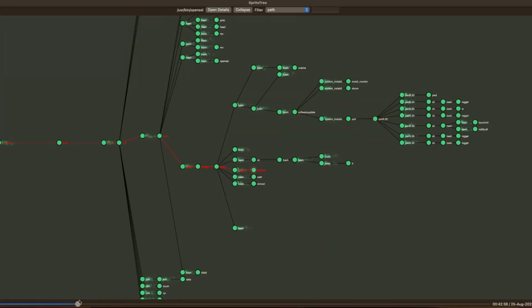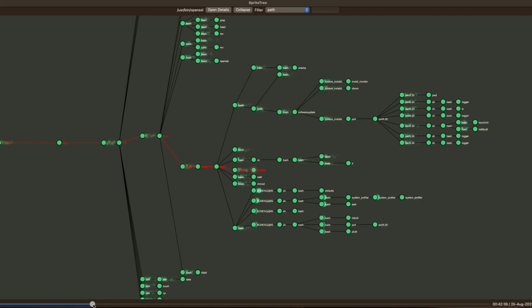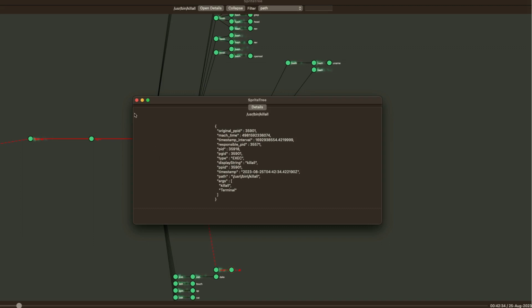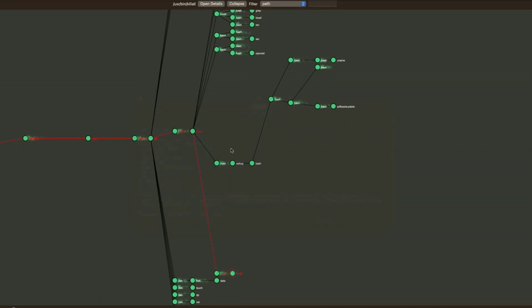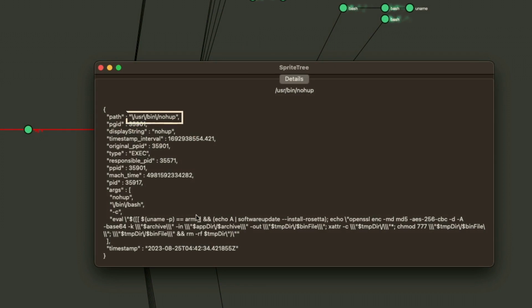So at this point, you might be wondering, if technically a command was run to kill the terminal process, how is it that as we slide the timeline forward, we continue to see commands executing under terminal.app? Well, let's quickly return to where we were before. There's another command we saw run in our terminal, and this is the nohup command. nohup basically has the ability to disconnect you from your current process tree. It takes all of the arguments passed to it and runs those commands under launchd. So the terminal can be killed, but this session will live on.